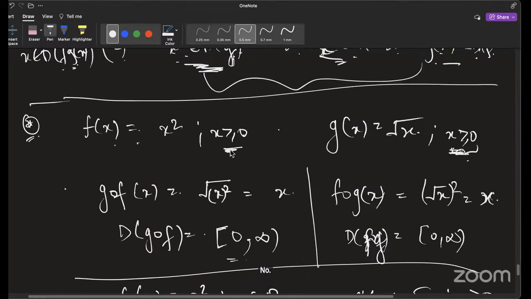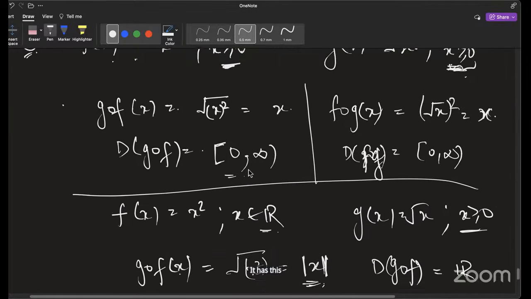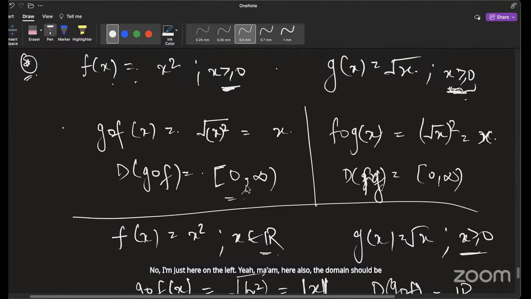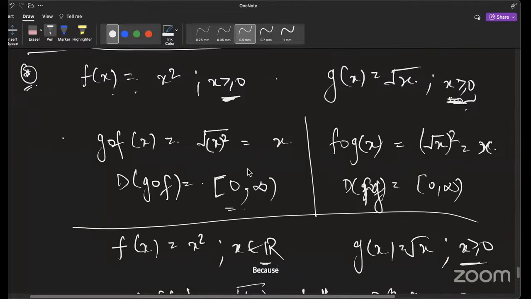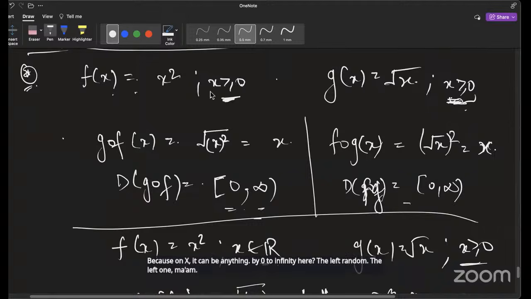No, ma'am, just here on the left. Yeah, ma'am. Here also the domain should be all real numbers, na? Because on X it can be anything. Which one? This one or this one? The left one, ma'am. Left one, the domain of f is greater than 0. How can you take